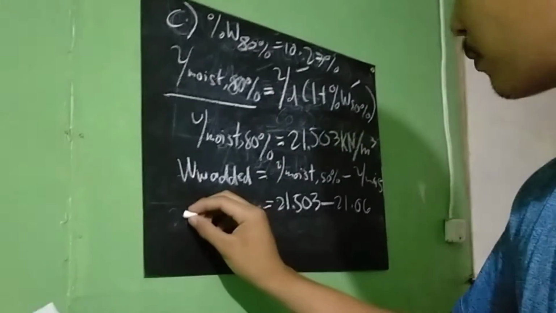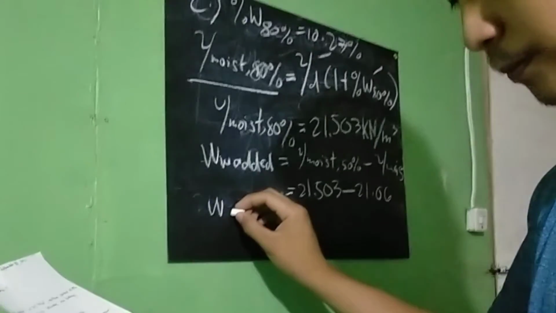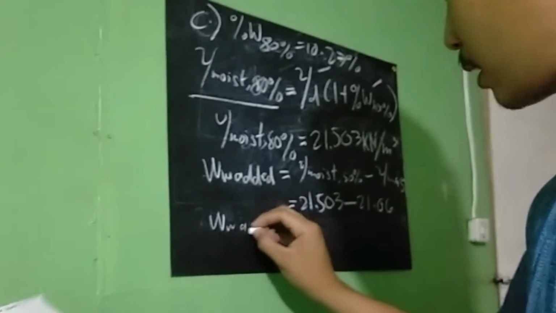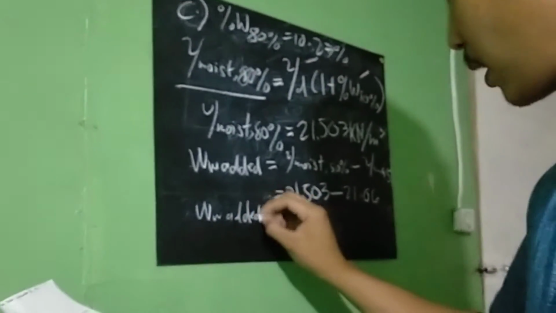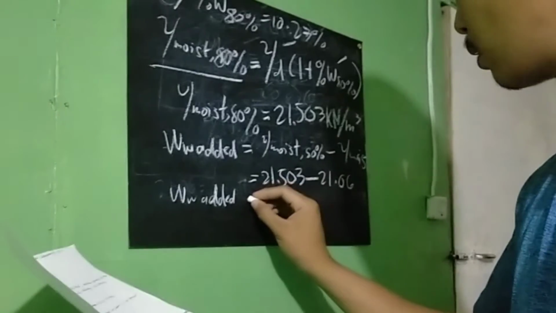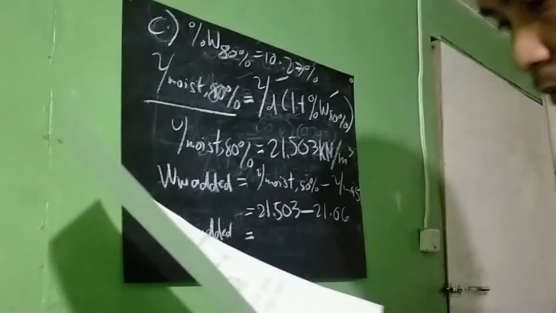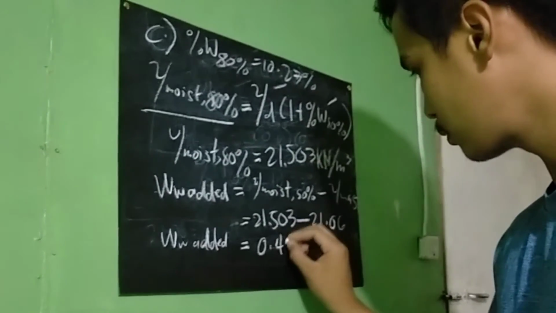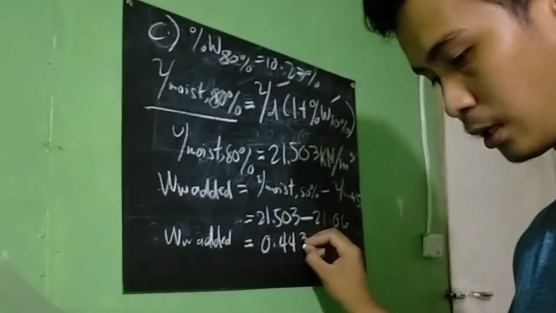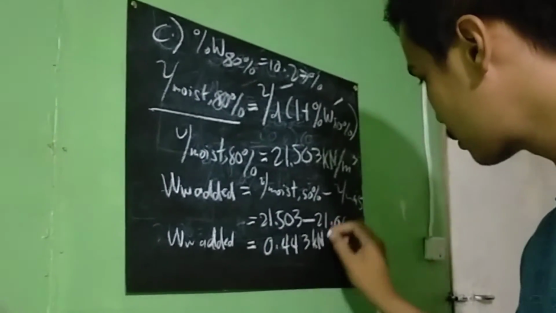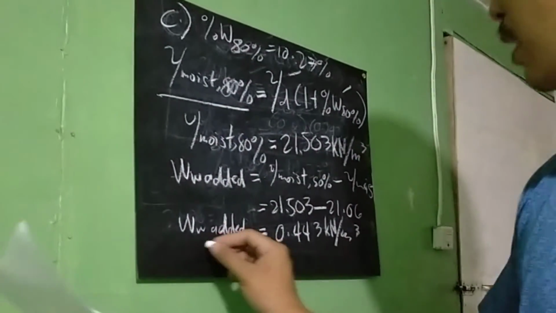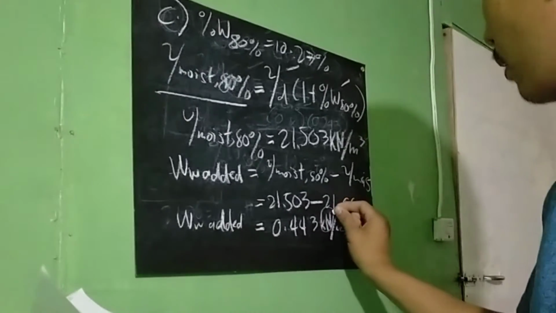Then we come up with the weight of water to be added, which is equal to 0.443 kilonewton per meter cube. Since what is asked is mass, not weight, and kilonewton is weight,